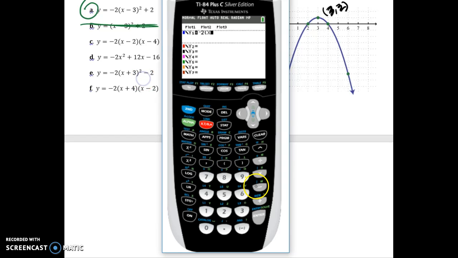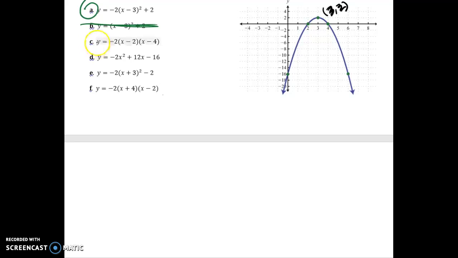Parentheses, x minus 2, close parenthesis, and x minus 4, close parenthesis, and we'll see what happens. So let's see, 2, 4, and then this one right here is the 0.23. That one's cool. That one is good. Since these two are almost exactly the same,